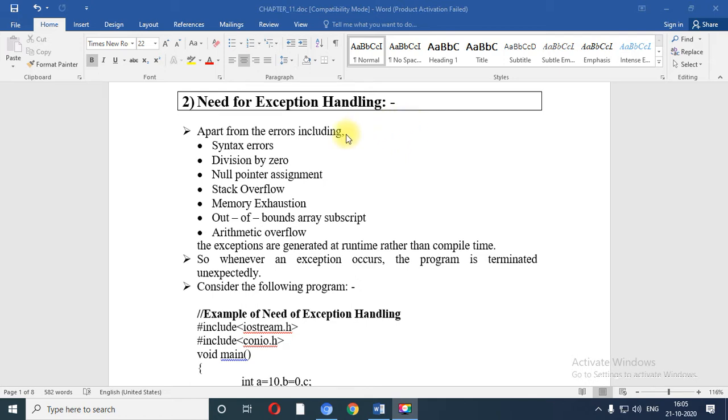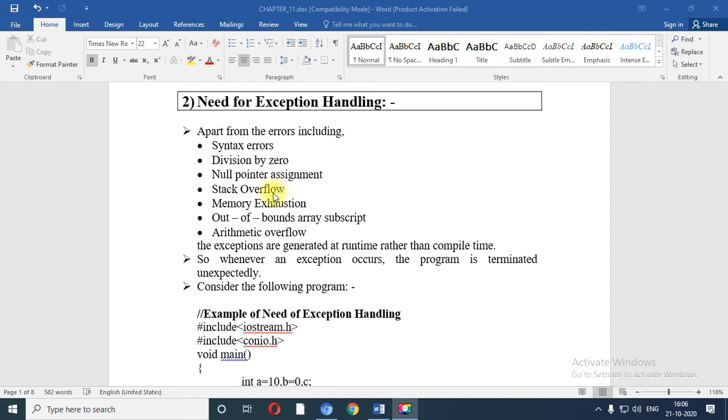Then we know that any pointer variable always contains the address of another variable, but sometimes you may assign a null pointer to a variable. So null pointer assignment is again a kind of exception which may occur during the runtime of the program. Now stack overflow error.